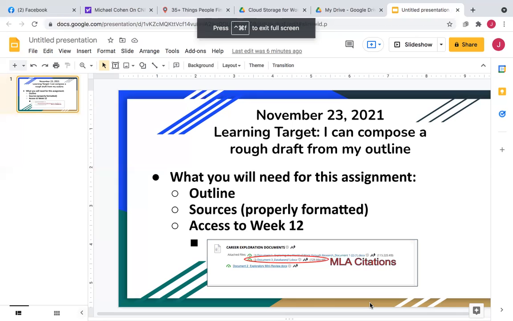Okay, and because I did it like that, I need to go back and put it in Times New Roman. Always make sure that if you change something, that it's actually in Times New Roman. Okay, so here is